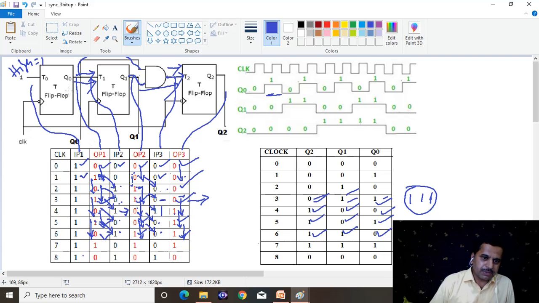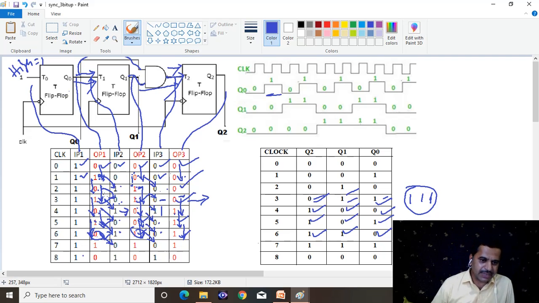Then the output of the first one becomes input to the second. Again, the product or AND of these two will become the input to the third one. That you have to evaluate. That 0 will be given over here, that is the product of these two, 1 into 0, which becomes 0 here. You have to multiply these two and it becomes the input to the third. Multiply means it is AND only, logically AND here.